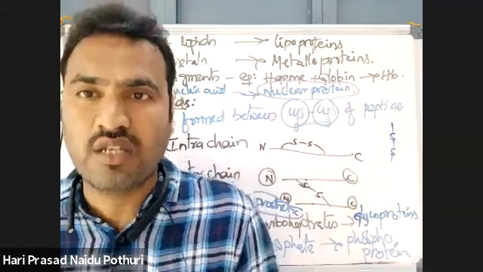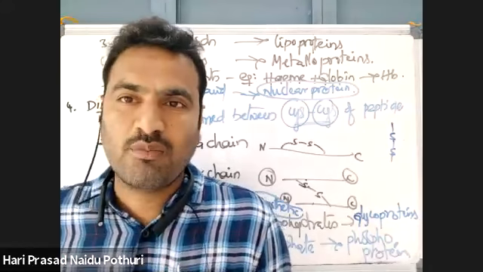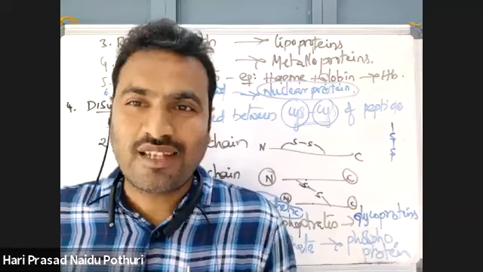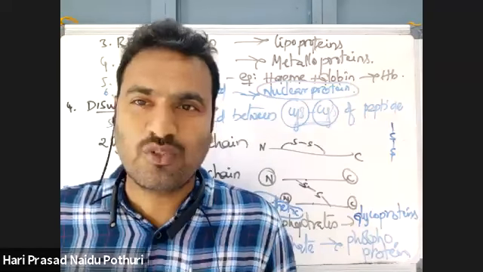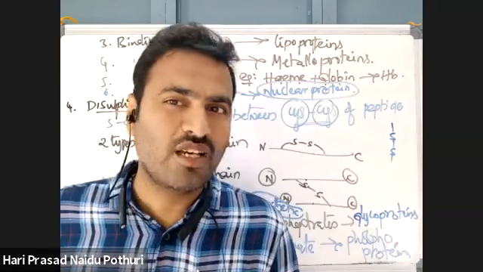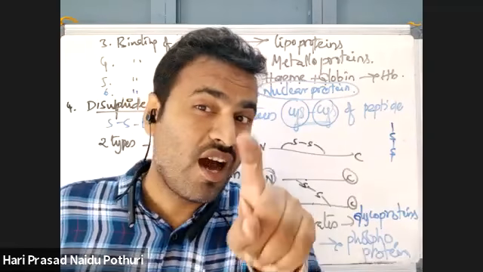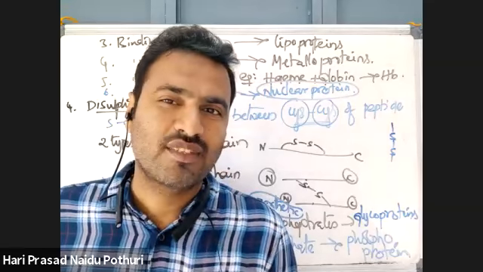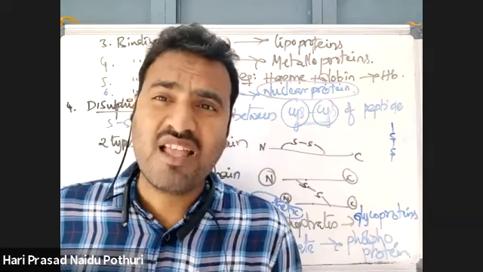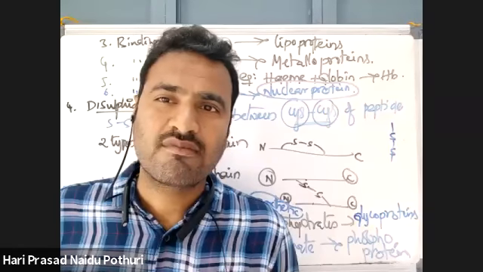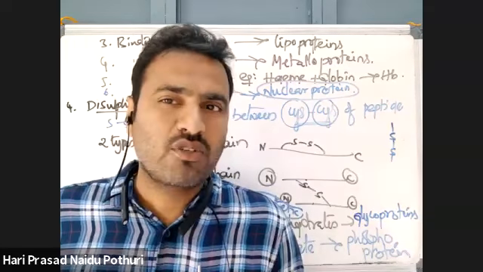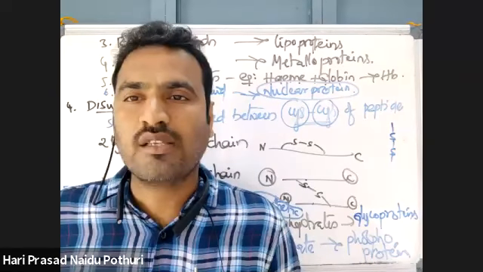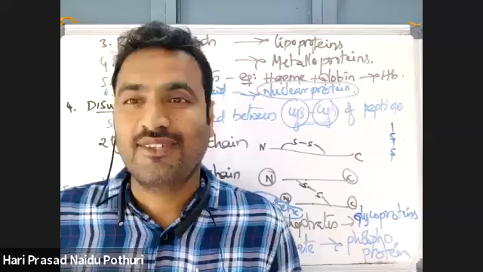That is called what? Nuclear protein. Histone proteins combined with DNA, so that there is formation of nucleosome. That in a large structure is called a chromosome. That is nuclear protein in nature. Even RNA combines with some proteins and forms ribosome. Ribosomes are also nuclear proteins because ribosomes are made up of some types of RNAs and different proteins. Okay? Understand?